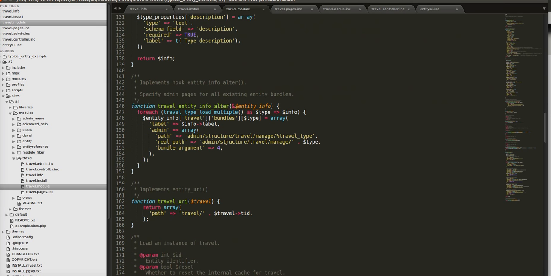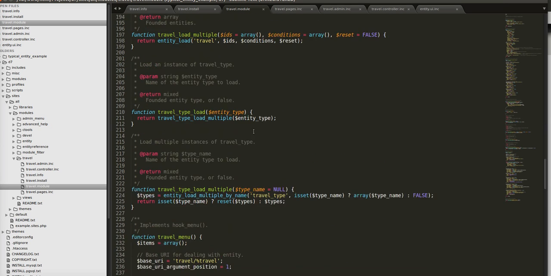Now here one more thing: all these things are happening on the fly. The building of the bundles, editing and updating are happening on the fly. So it is very important to use the entity info alter. What is happening is that on every load it is calling travel type load multiple. So it is getting the entities of travel type and looping them, and it is creating the admin path for admin structure travel manage travel type. So this wildcard travel type is the entity created by travel type, but it is a bundle of travel. So the path, it is a bundle of travel. So now for the menu, this is here,